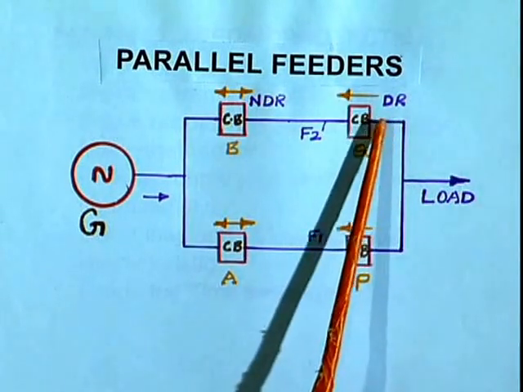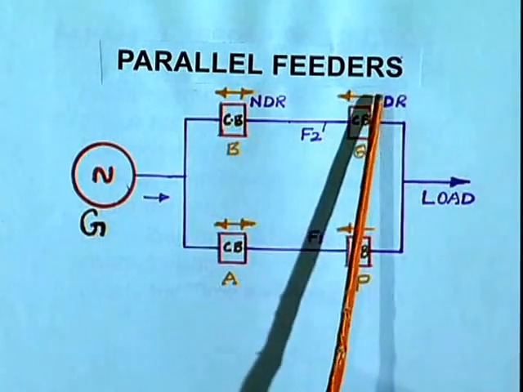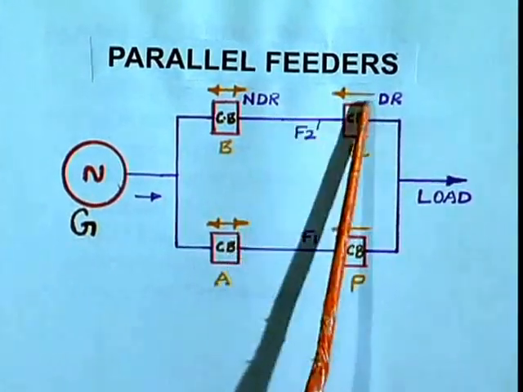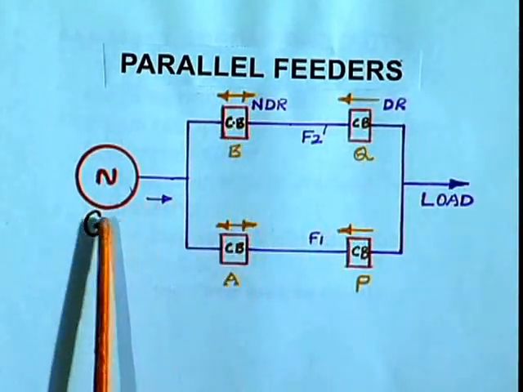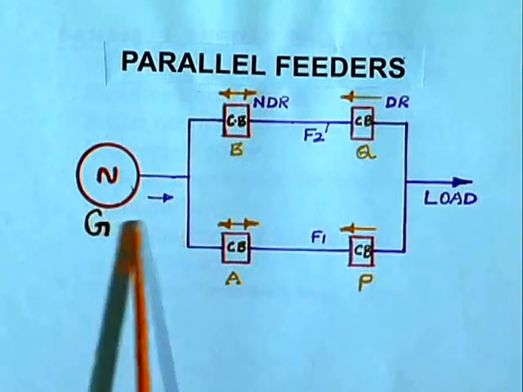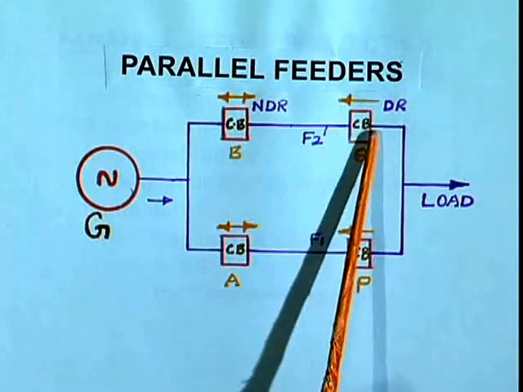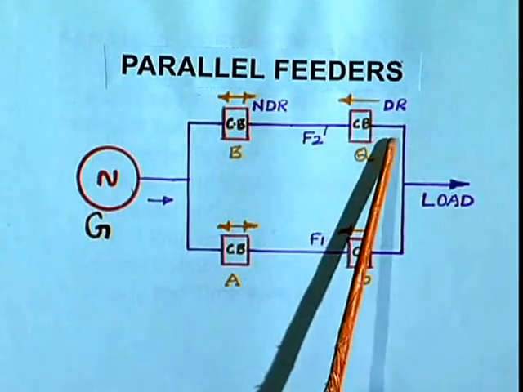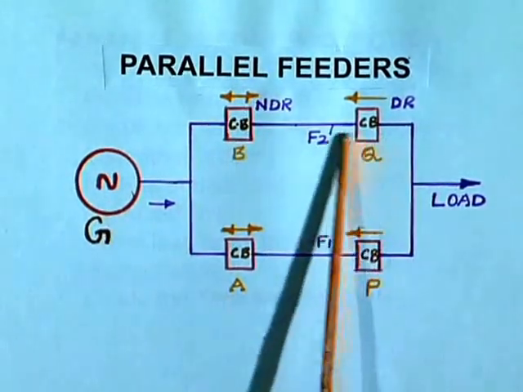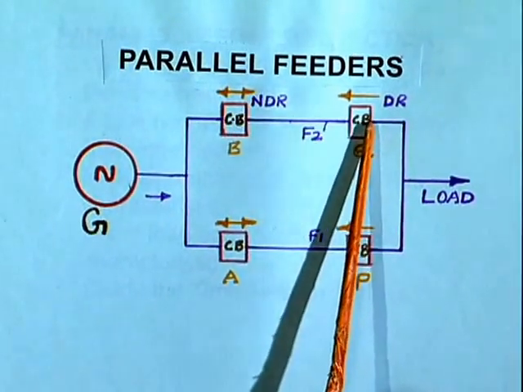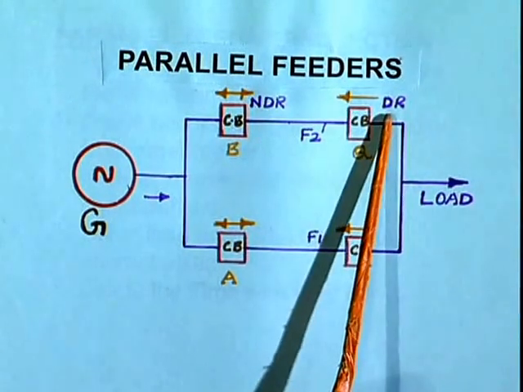We have seen the directional relay in detail. Whenever the reverse current flows, only then will the relay operate. That means the arrow is shown this side. If the current flows only this side, then only the relay will operate. During the normal condition, the current flows from G B Q. When current flows through G B Q, this directional relay cannot operate because the current is flowing in the forward direction. Instead, if the current flows from Q B G, that means this direction, then the relay will operate. That is the property of a directional relay: whenever reverse current or reverse power flows, the directional relay will operate.